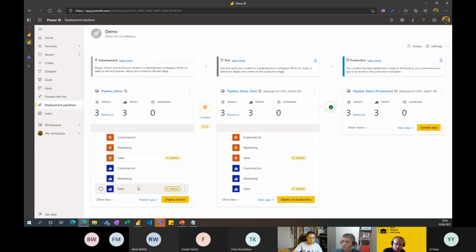and the report. Of course, you can also only change the data set or the report, or you have multiple reports connected to one data set. That's all possible. But here we have the simple case. I've changed the PBIX file, so I've overwritten both the report and the data set, and it tells me